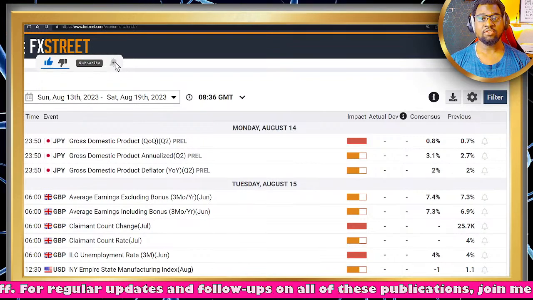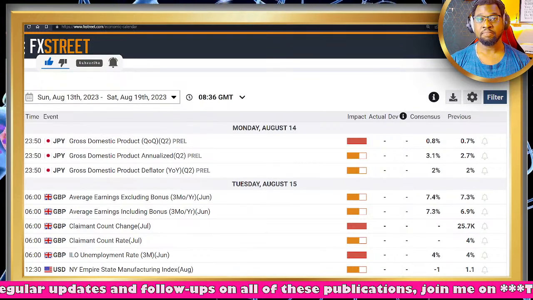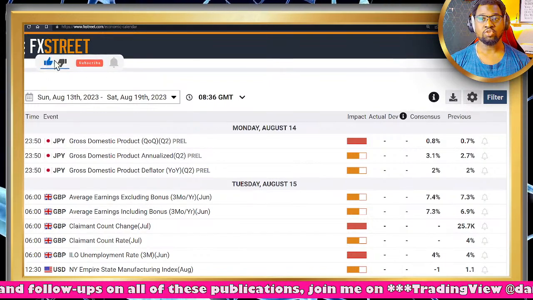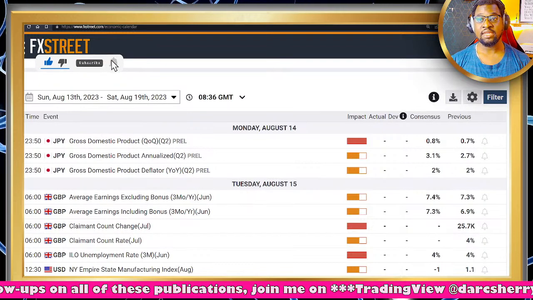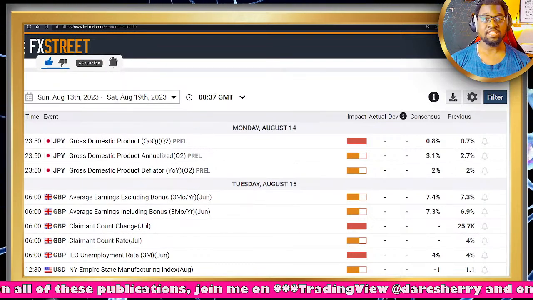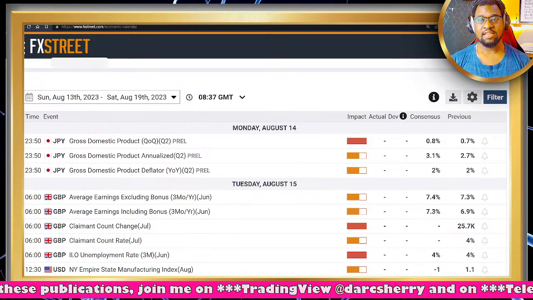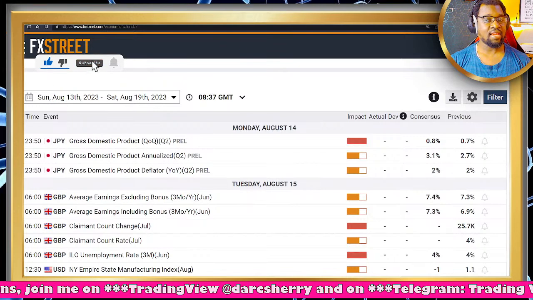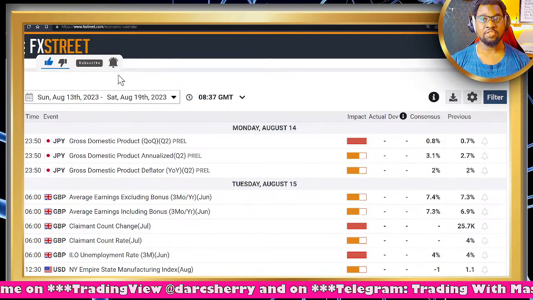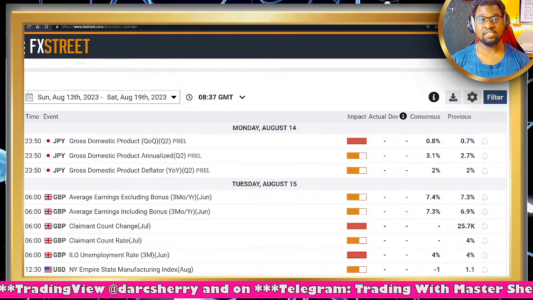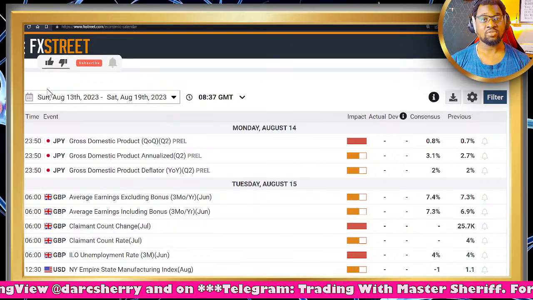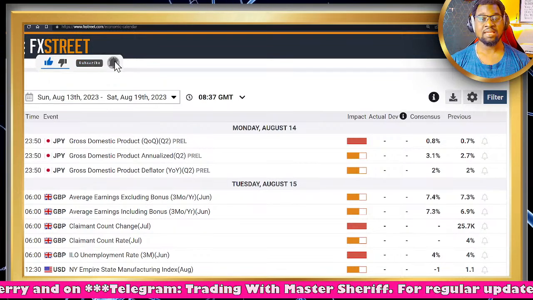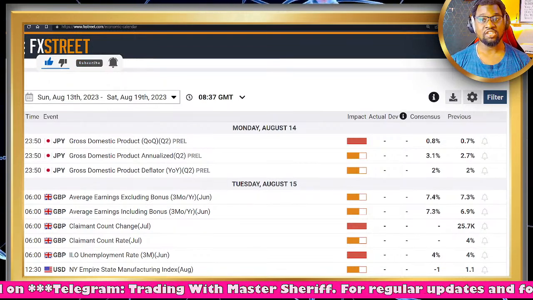And in fact, the gross domestic product is a very, very important indicator as it measures the total value of all goods and services produced within any economy over a specified period of time. And the importance of the GDP is that it serves as a key indicator of economic health and growth. So a positive GDP growth is generally associated with higher consumer spending and business investment, thereby impacting our trading decisions